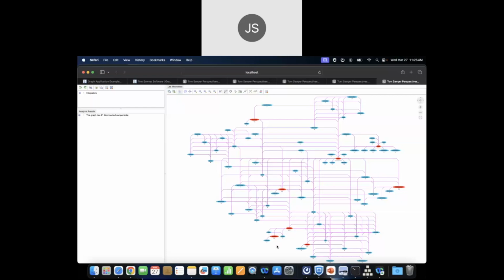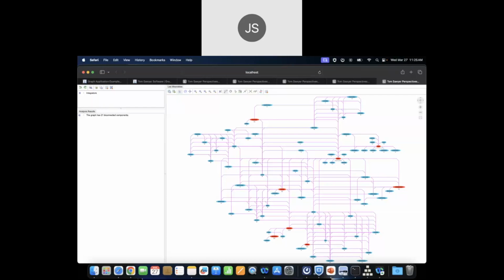So in summary of this example, we used partition analysis in order to understand vulnerabilities in our system. Okay. So far today, we've used several different types of analysis, and these are all available in Tom Sawyer Perspectives. But let's take a moment to talk about how you add analysis to an application with Tom Sawyer